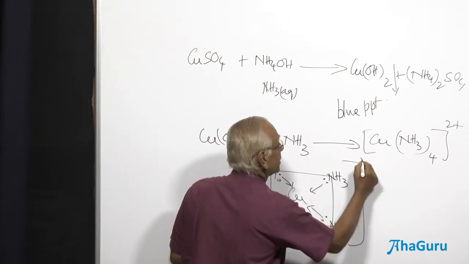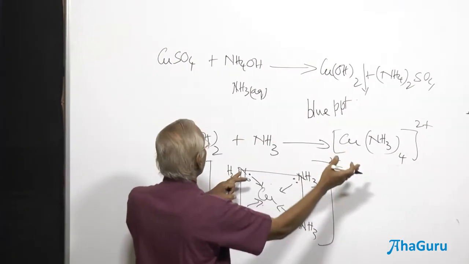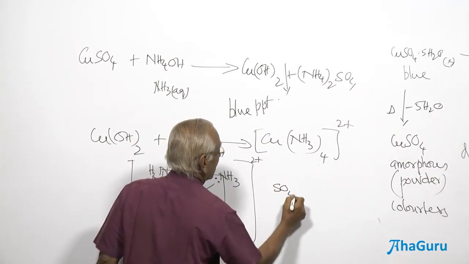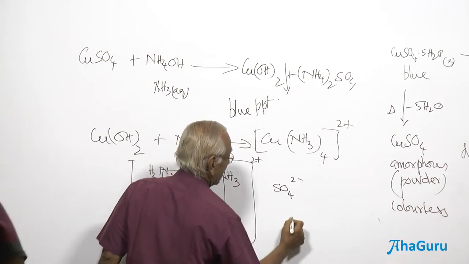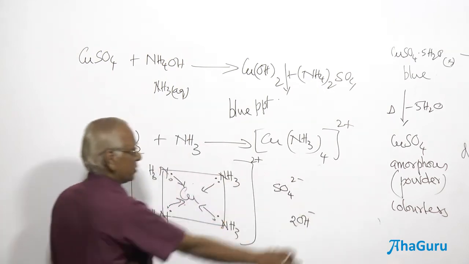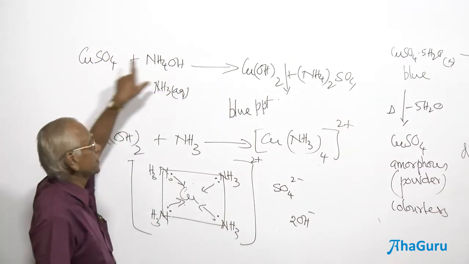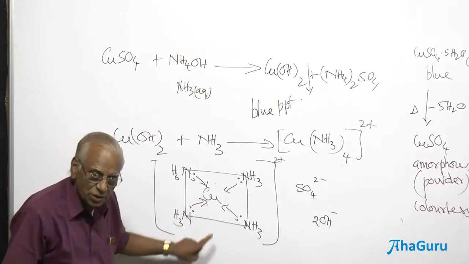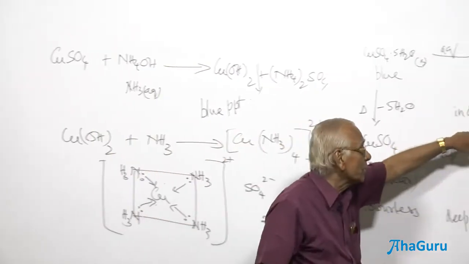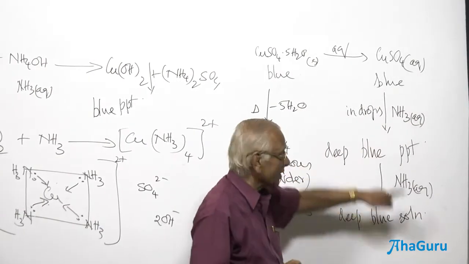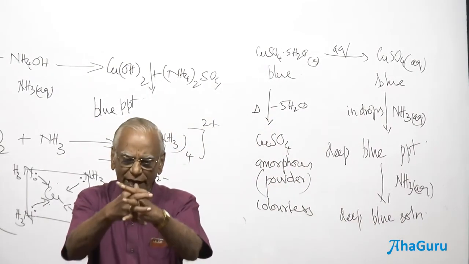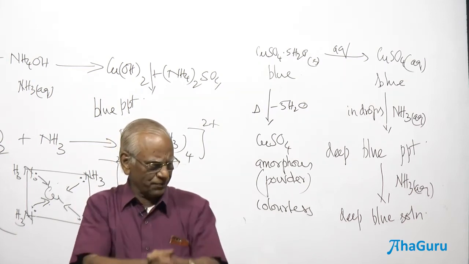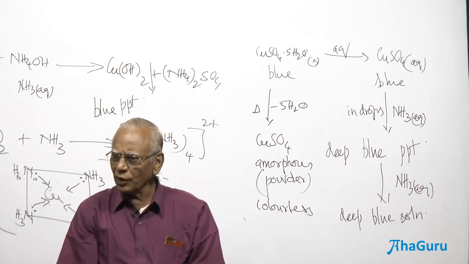put a square bracket here, and what is going to be the outside here? We have taken sulfate here. Either sulfate could be the counter ion or hydroxide could be the counter ion, depending on the nature. Because we have got the hydroxide as sulfate, counter ion. But why is it soluble now? Why is it going to be insoluble? I can tell you now, this is going to be insoluble because crystals are tightly packed. Tightly packed. Water is not able to penetrate. Sodium chloride is soluble in water.